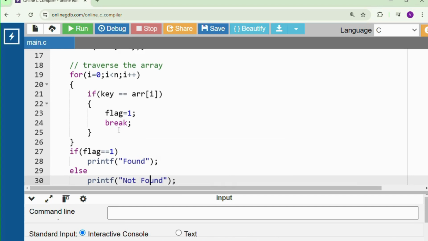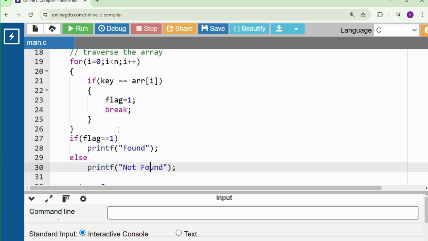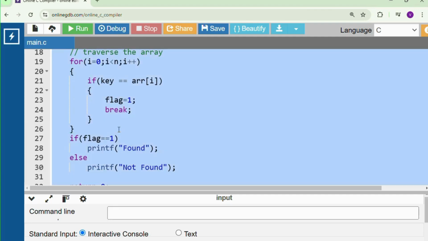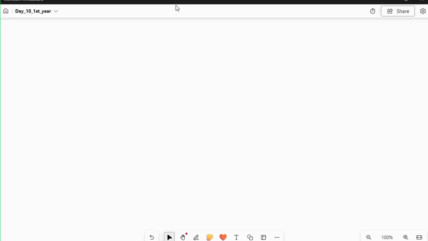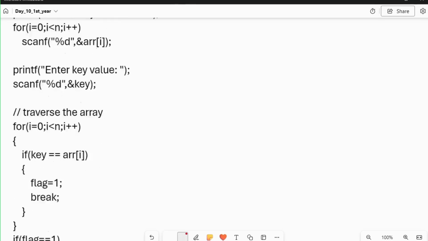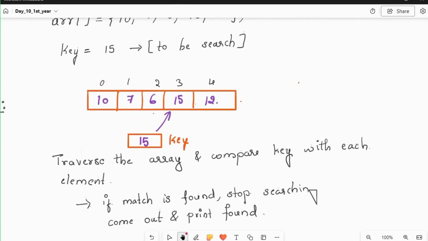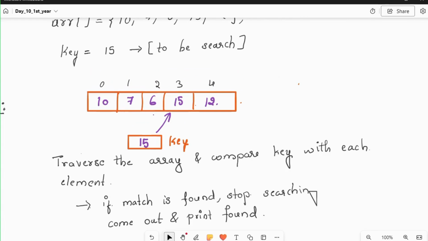That's it. So this is the very basic method of searching an element in an array, which we call linear search. Let's talk about the time complexity. That's a very good question. See, if the array size increases,